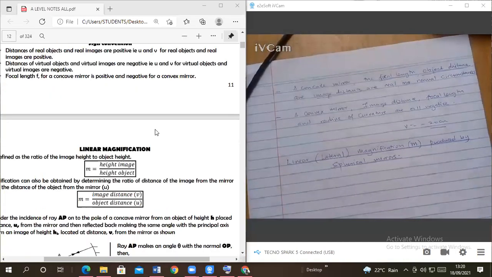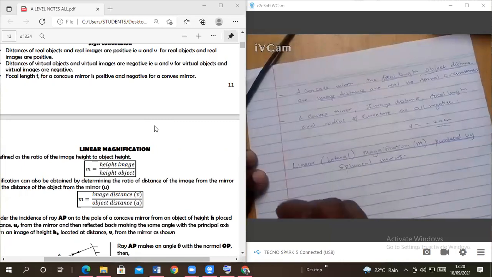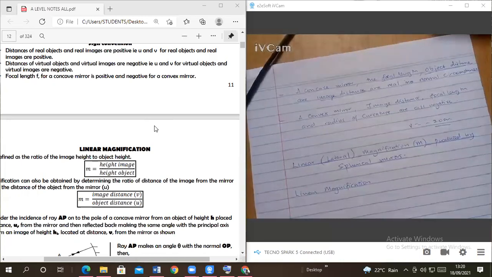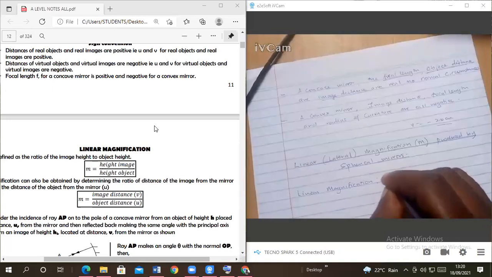All right, now, what is linear magnification or lateral magnification? This one is just the ratio of the height of the image to the height of the object, full stop. Members, we are using linear magnification. Later on, we shall see that there is another type of magnification when we are looking at lenses, and also when looking at optical instruments. But because you're looking at mirrors, we look at linear magnification. So this is the ratio